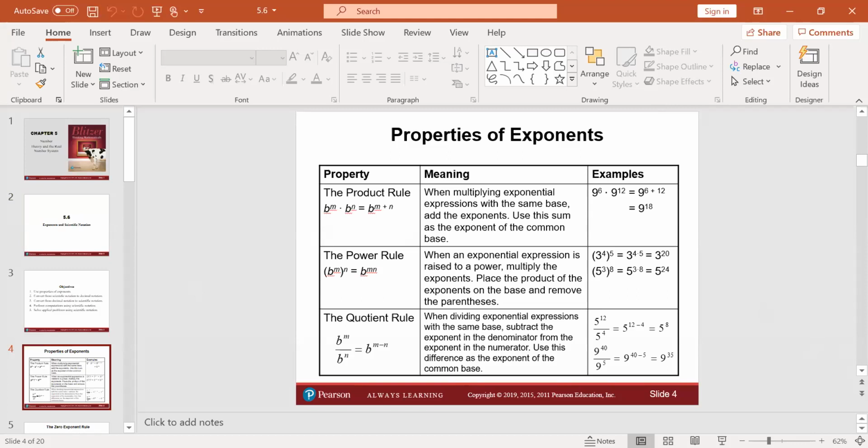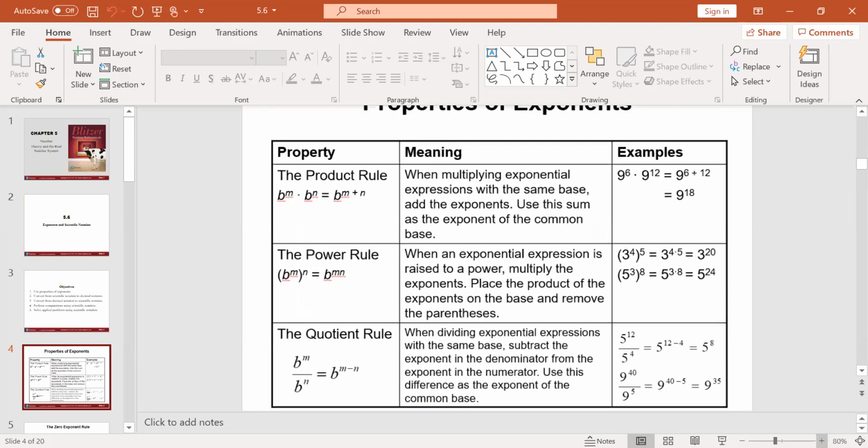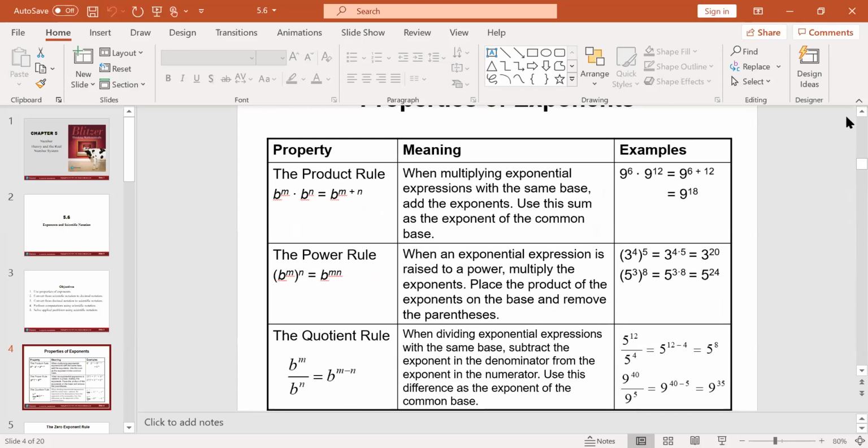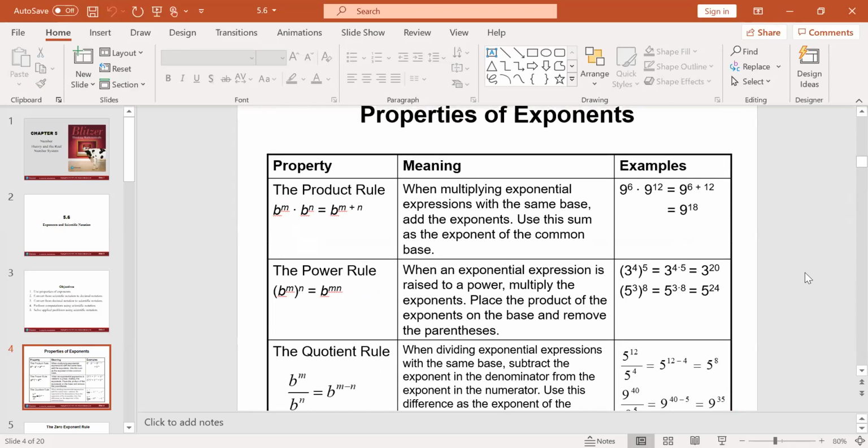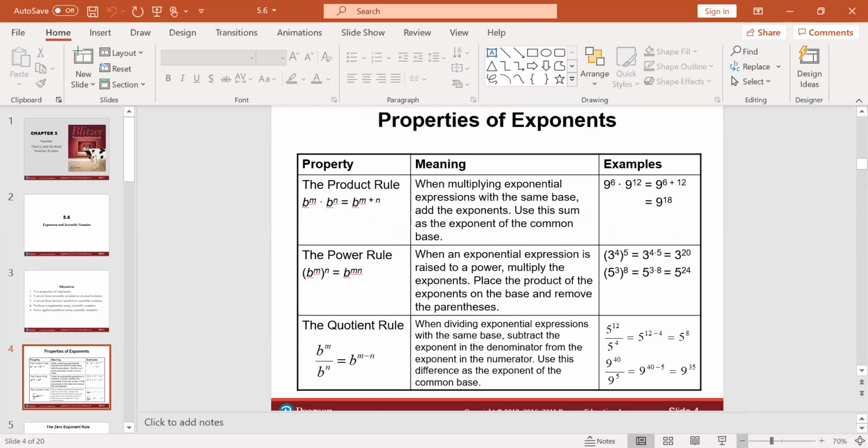There's going to be a number of exponent rules that we are going to have, properties, if you will. So, exponent properties and rules. The product rule says when I multiply two things together, for instance, b to the m times b to the n. So in other words, both of these have the same base. They may have different powers, they might have the same power. I can bring them into a single exponent with that same base and just add their powers. Real quick,